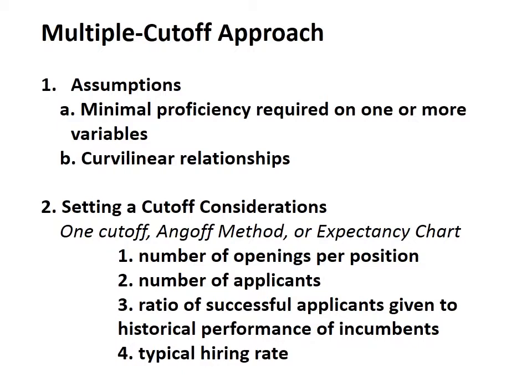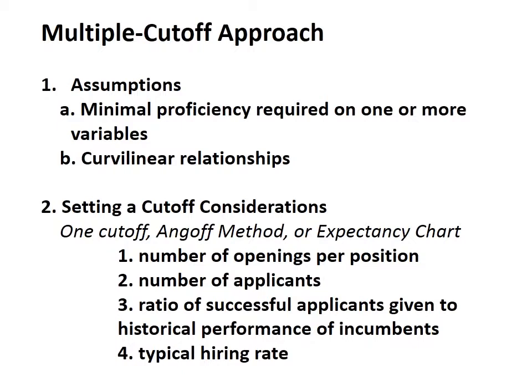The assumption here is that there's minimal proficiency required on one or more variables, and that there's basically a curvilinear relationship. What I mean by curvilinear relationship is this: let's say we're looking at the relationship between cognitive ability and performance. The belief here is that to a certain point, there's a linear relationship. As you increase in cognitive ability, so does your performance. But also there's a leveling off, and that's the curvilinear part,